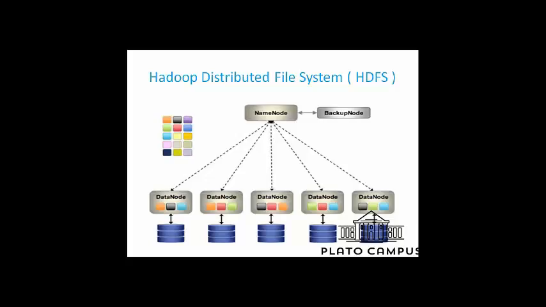They have a lot of other things to do. They are managing your machines, they are distributing the job, they are coordinating with them. So all the management related activity is taken care of by master and backup master. All the distributed data storage and distributed data processing is taken care of by all the slave machines. So this is the storage part of Hadoop, known as Hadoop Distributed File System.